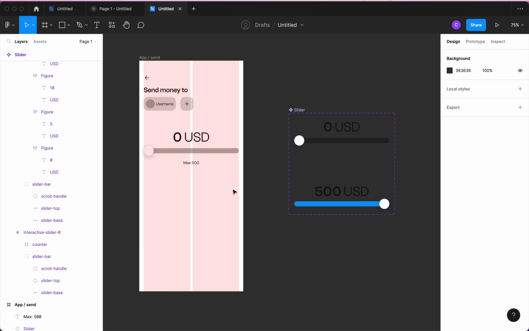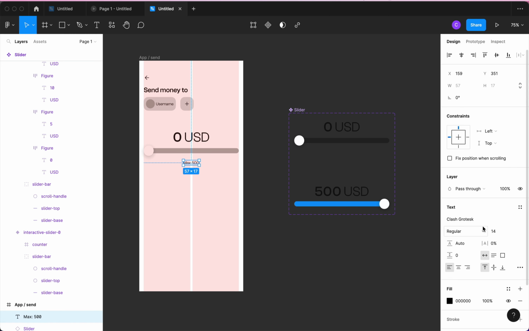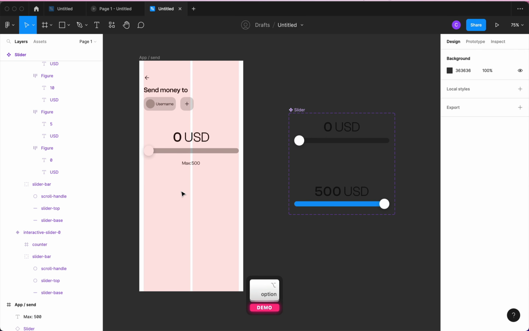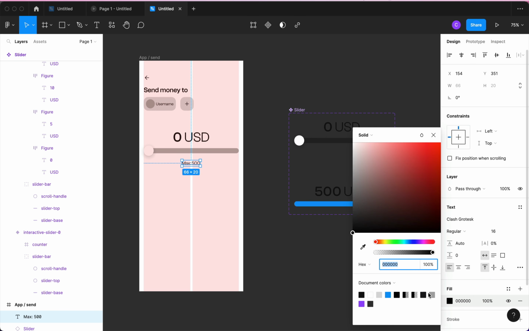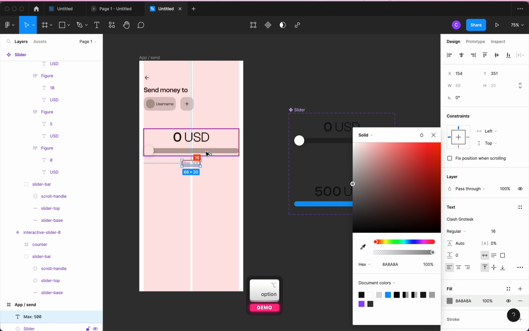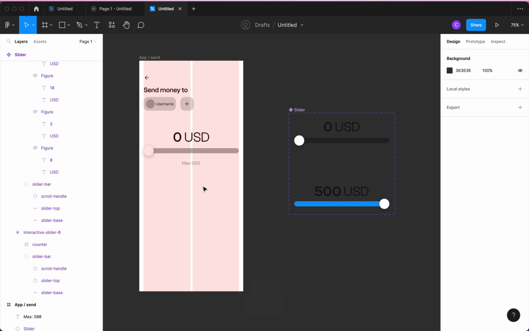We can use 14 as a text size, or we can use 16. Let's see how 16 will look. 16 is great, so we just go with 16. And it's going to be a little bit faded, not so visible. I think 8A is great, 16 is good,